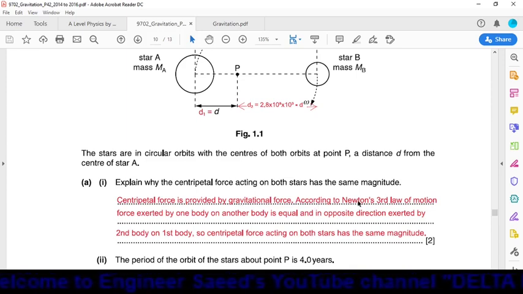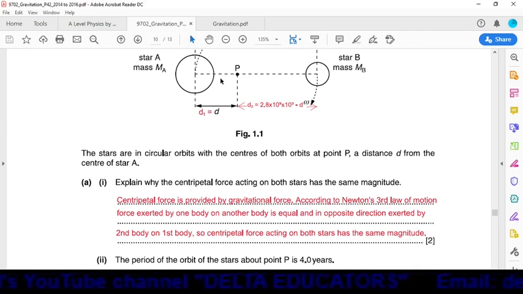According to Newton's third law of motion, the force exerted by one body on another body is equal and in the opposite direction to the force exerted by the second body on the first body. Whatever force A exerts on B, the same force will be exerted by B on A, but in the opposite direction. Since both forces are equal, we can say the centripetal force on both the stars will be the same or equal,